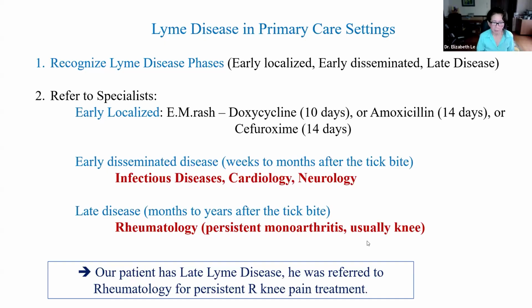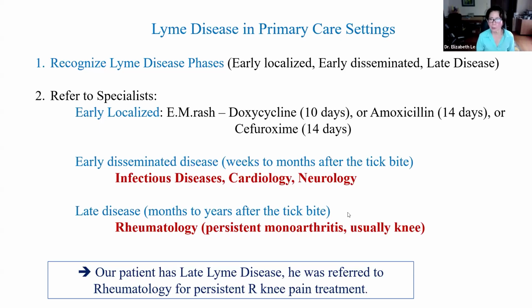In late disease, which is months to years after the tick bite, this is a little bit more challenging because we don't correlate between the rash and the joint pain, but it has persistent monoarthritis and usually affects the knee. These patients have to be referred to